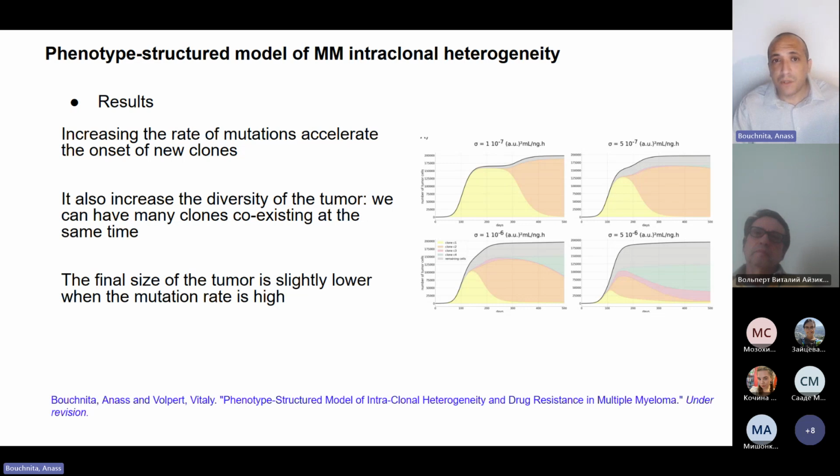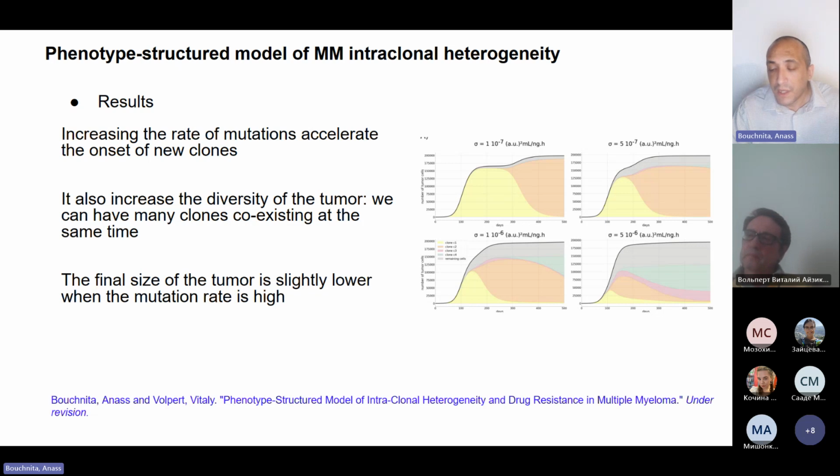But I can say that I think the particular challenge of multiple myeloma is that it's genetically complex. So there are these different clones, and the question is how to integrate these different clones into a single framework. This is also the case for leukemia, for example, and lymphoma. These hematological cancers have intraclonal heterogeneity. So I think the same analysis probably can apply with some modifications related to the involved